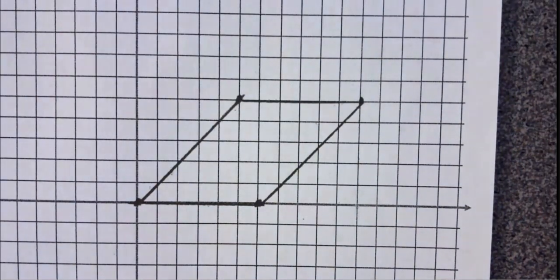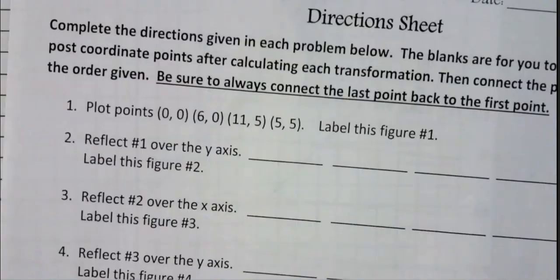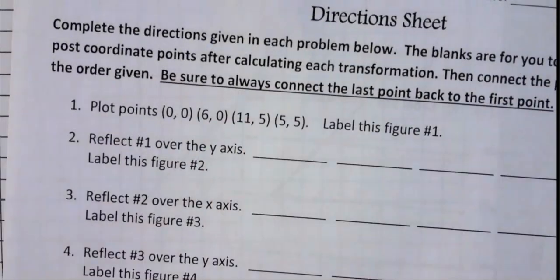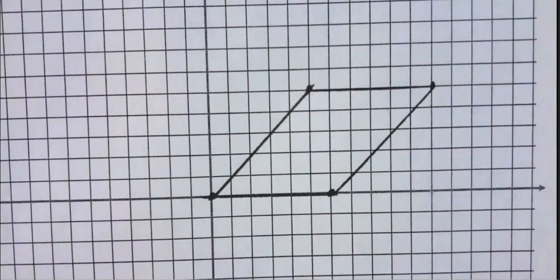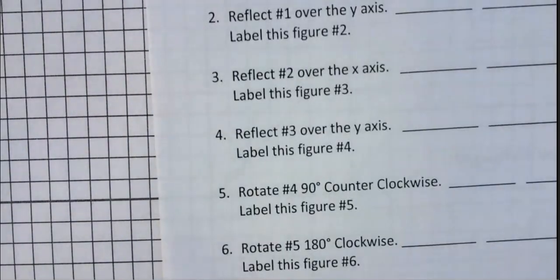All right, so this is our first figure, number 1. We plotted these 4 points and connected them together, and it makes a little parallelogram looking thing. And then it says the word reflect. Once I see the word reflect, and you'll see either reflect, rotate, or translate on here,